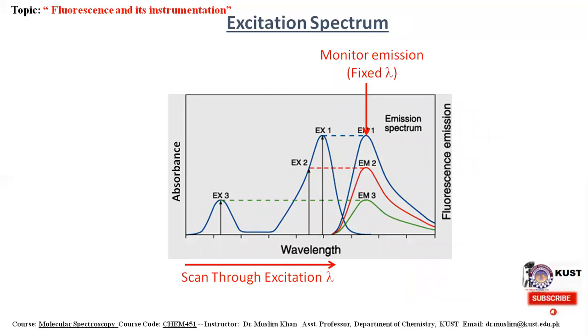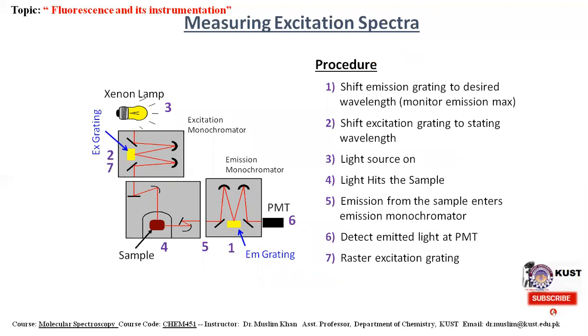This one monitors a scan through excitation wavelength, and this emission spectrum monitors a fixed emission wavelength, of whatever it may be. This wavelength may be 400, 500 nanometer, etc. Different wavelengths. So measuring the excitation spectra, the procedure is